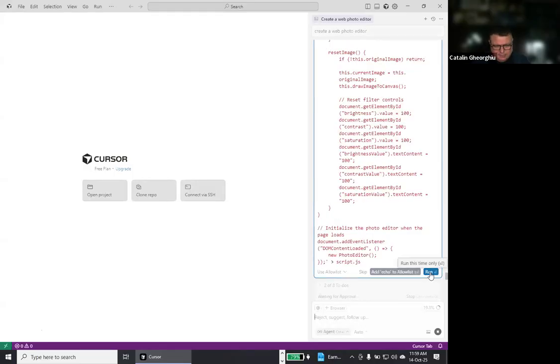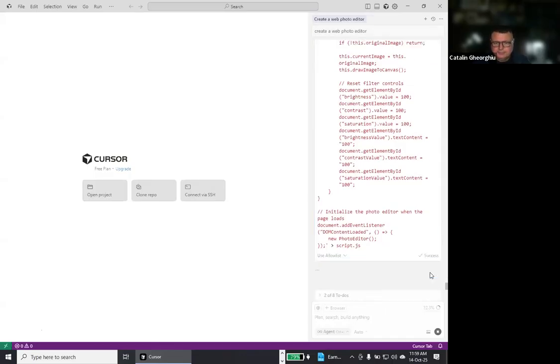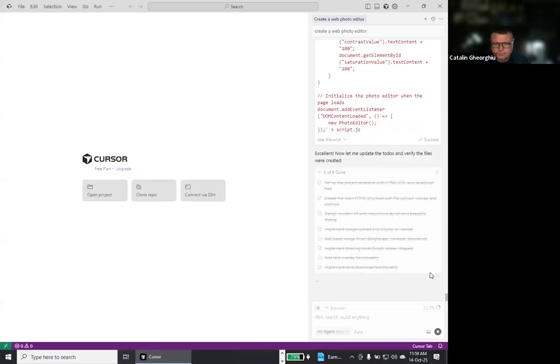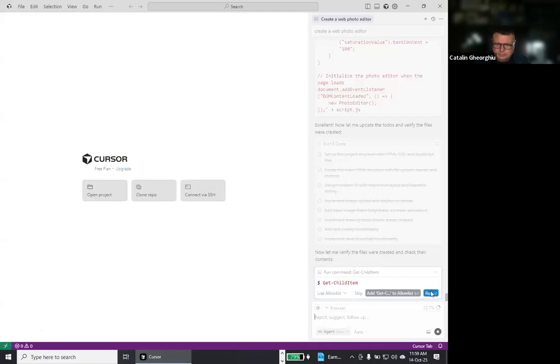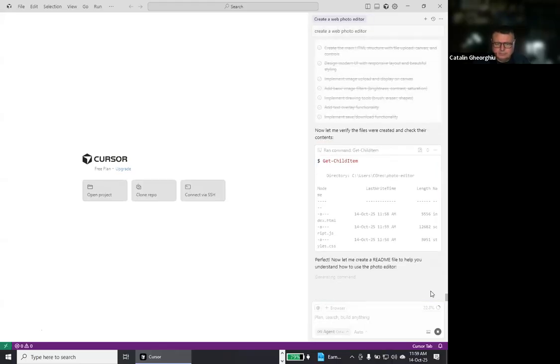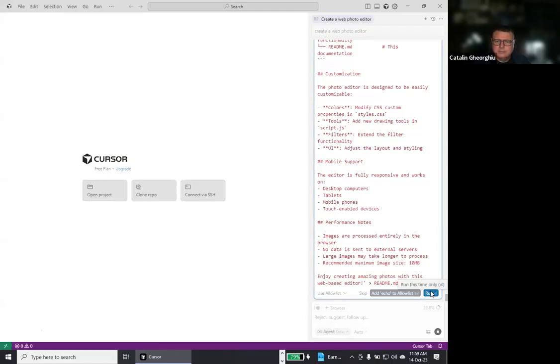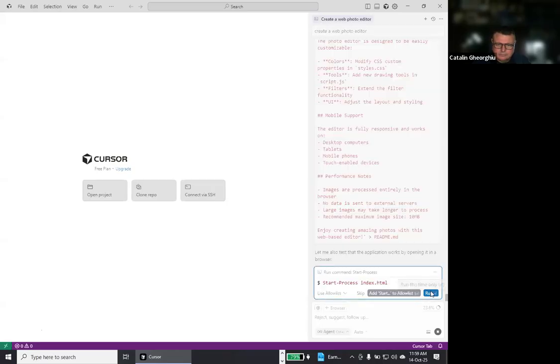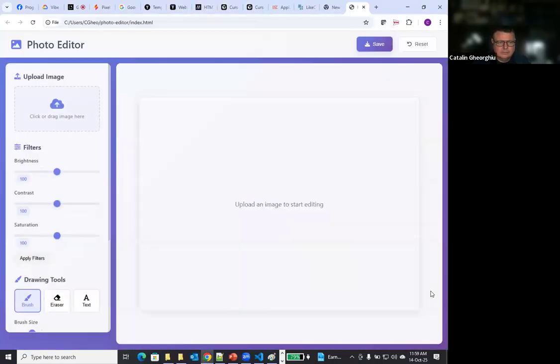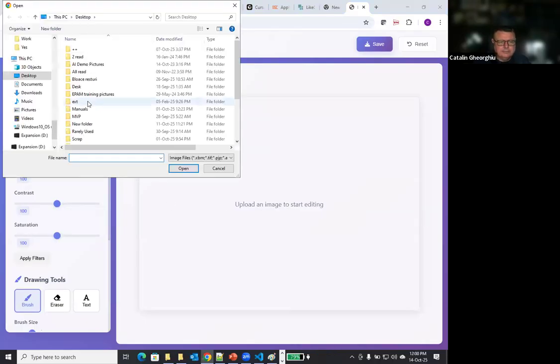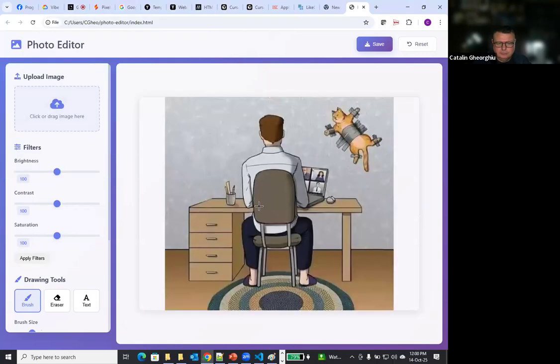Again, you see, it's fast, but it's not instantaneous. So, as you see, we have our photo editor.